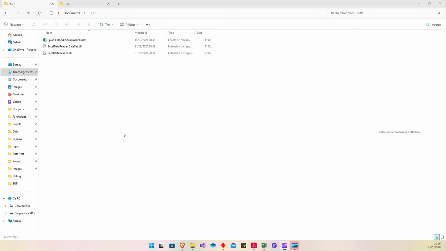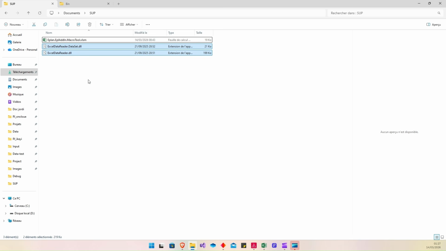What is Macro Tool? Macro Tool is an ePlan API to save your time. It allows you to insert a macro or set of macros from an Excel file into ePlan on one or many pages. But before launching this API, you need to configure something. First, you need to copy and paste this DLL file into the bin of your current ePlan software.